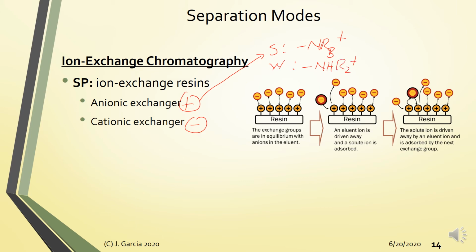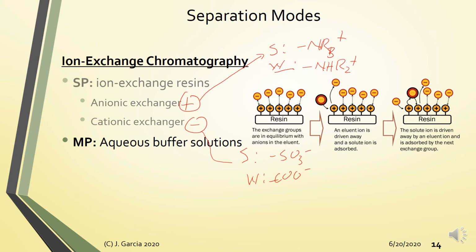Hindi puro alkyl group yung nakakabit dun sa nitrogen. So quaternary ammonium ion din ito. Alright, so this is a weak cation exchanger. Alright, for anions. For cation exchangers, the strong cation exchanger type would be based on sulfonates, the sulfonate group, whereas the weak version usually are based on the carboxylate group. Okay? What else? So the mobile phase are aqueous buffer solutions, which contain salts that